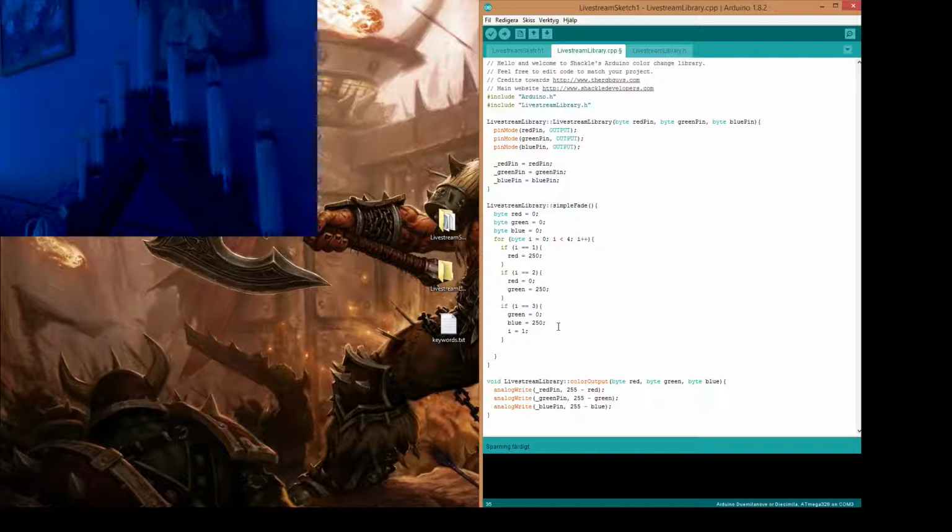Then we want to call color output, and we have 3 parameters, so that can be red, green and blue. And then we want to have a delay of 1 second, so that's 1000 milliseconds. So I think we're ready to go,